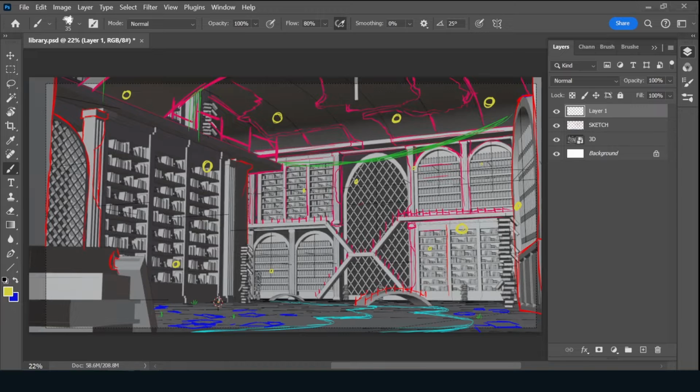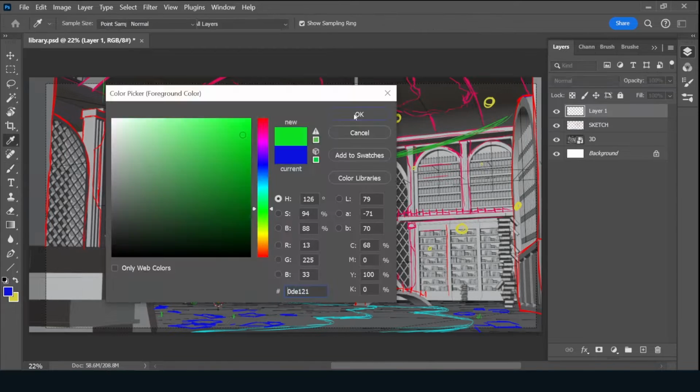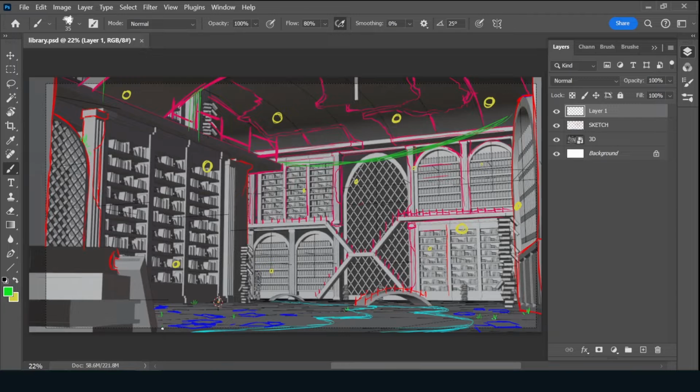Yellow if I want little lighting here and there. Because I was debating if I was going to make this more ruined or more magical, and I kind of combined the two. It leaned more towards the ruin aspect. So now we get to move on to my favorite part,